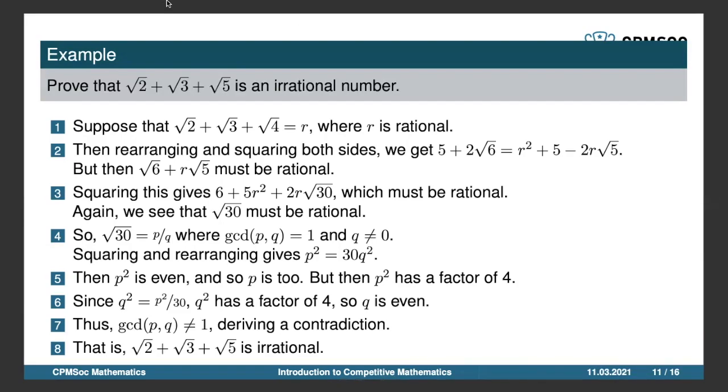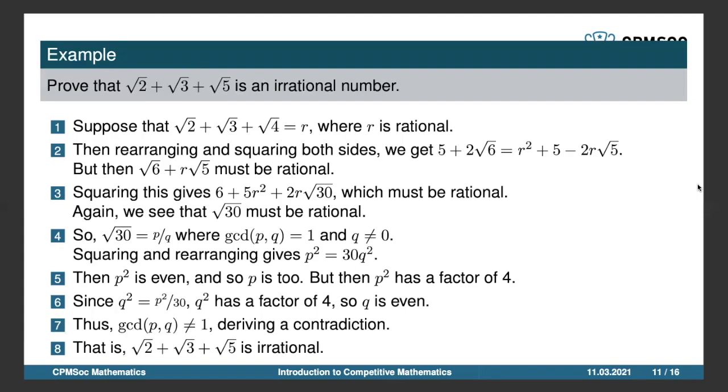Yeah, this question has a lot of algebra, so it's probably a little difficult to follow. Do you want to maybe run through the broad argument again, Yasiru? Just slowly. Okay. So we have square root 2 plus square root 3 plus square root 5. So it's a sum of 3 square roots, so it's not that easy to work with. All you can do is, if you keep on squaring both sides and rearranging,